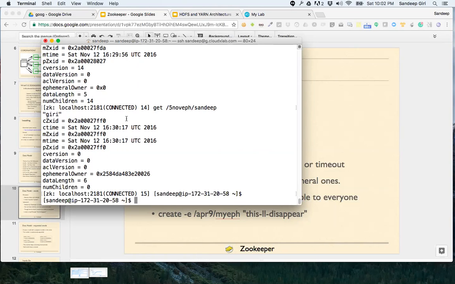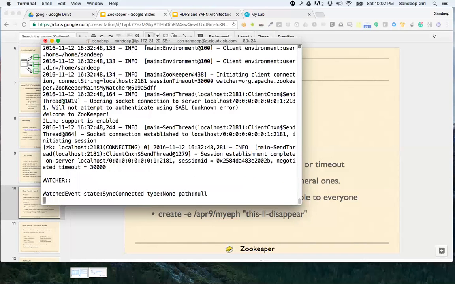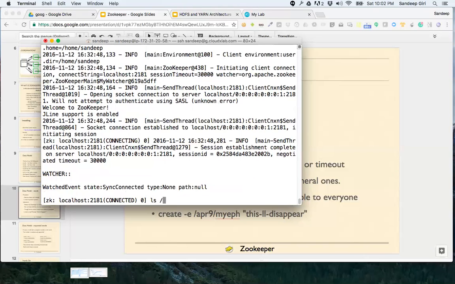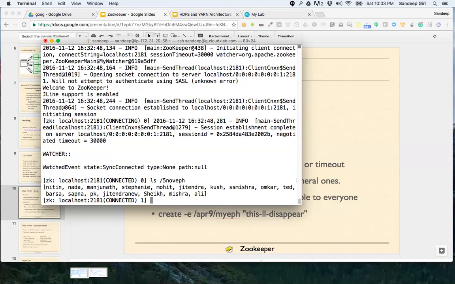All right. So the ephemeral node remains only as long as there is a session. So if I want to test whether any of you has lost connectivity, I can always monitor this particular znode to see who has exited.